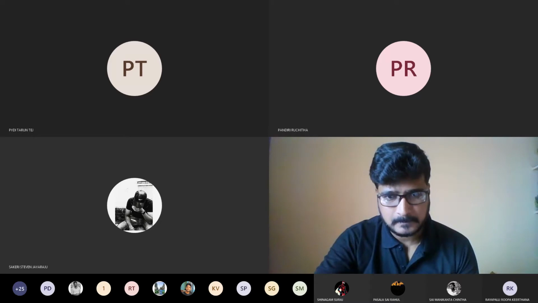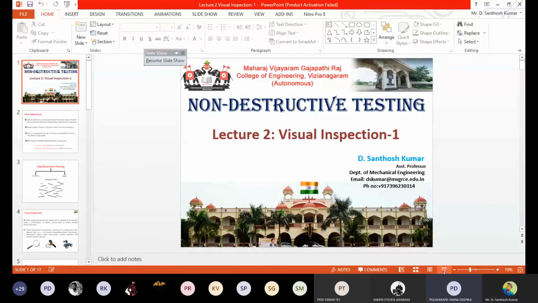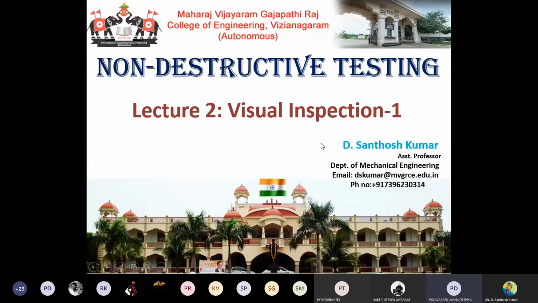But in the fifth semester as an elective, you have the subject advanced mechanics of materials. As we discussed in the earlier class, what is the fundamental difference between mechanics of materials and advanced mechanics of materials? Generally, see, here, is it clearly visible? Otherwise, is there any lag? That we have studied over there. Most of the simplest topics that we have to study even in the advanced mechanics of materials.